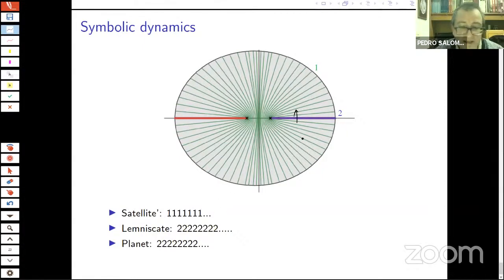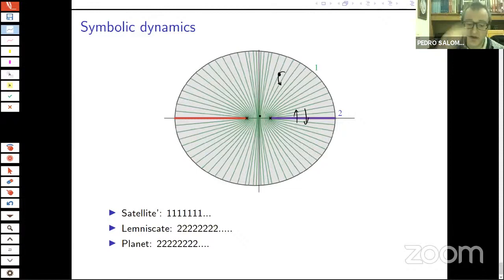The symbol 2 is when it crosses this purple region here, and the symbol 1 is when it crosses the green cylinder, which projects in the original coordinates here. Crossing means that the trajectory is tangent at some point, then it becomes transverse to these green leaves,